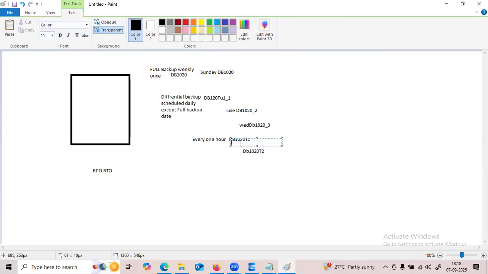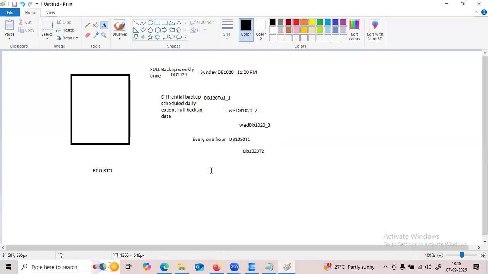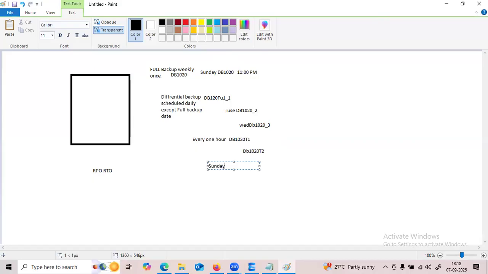Suppose every log backup is scheduled every 1 hour, then we have 24 hours of log backups. So Sunday, at what time are we taking the full backup? 11 p.m. or 10 p.m., and the log sequence will be DB 1020 and so on.